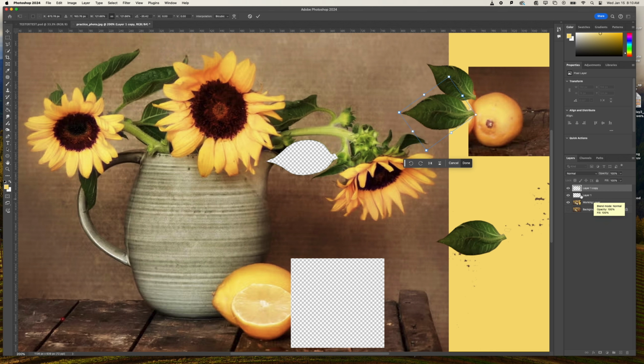I also want to point out that anytime you do a transformation, like I've turned this to the side, Photoshop's not going to let me do anything else until I confirm that transformation. So here is a button that you can click that says done, or you can just hit the enter or return key and then it will change back to a regular rectangular border, and now Photoshop will let you